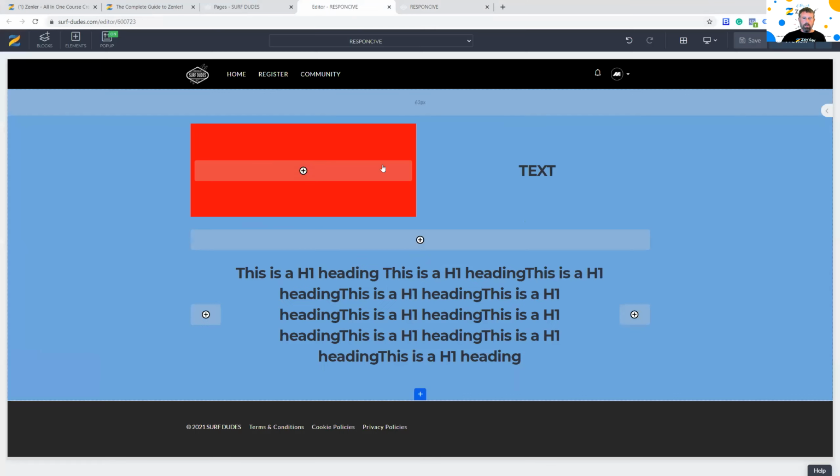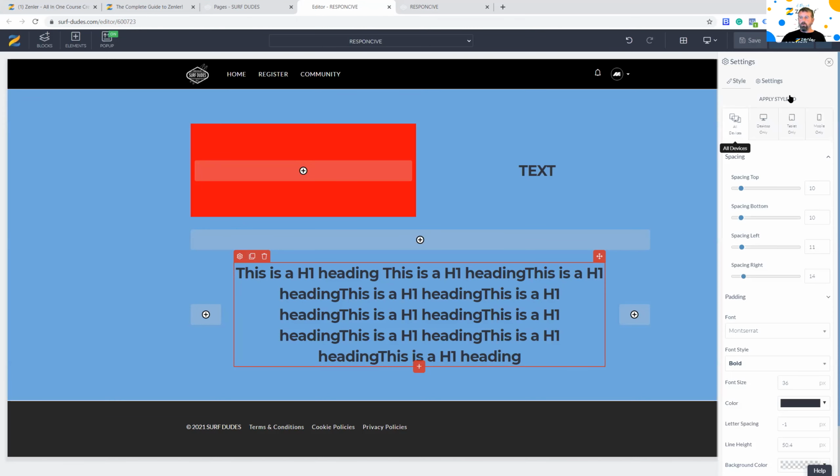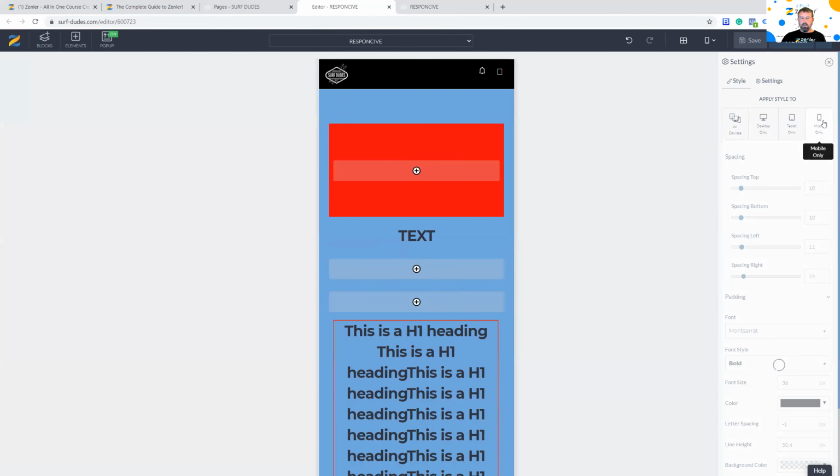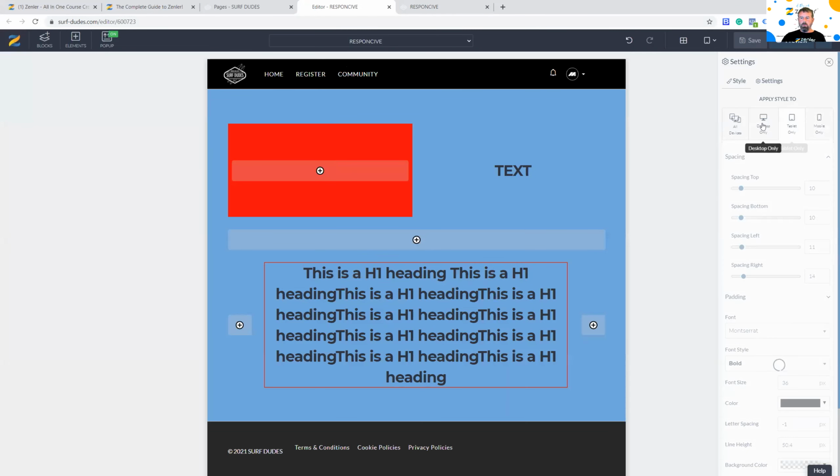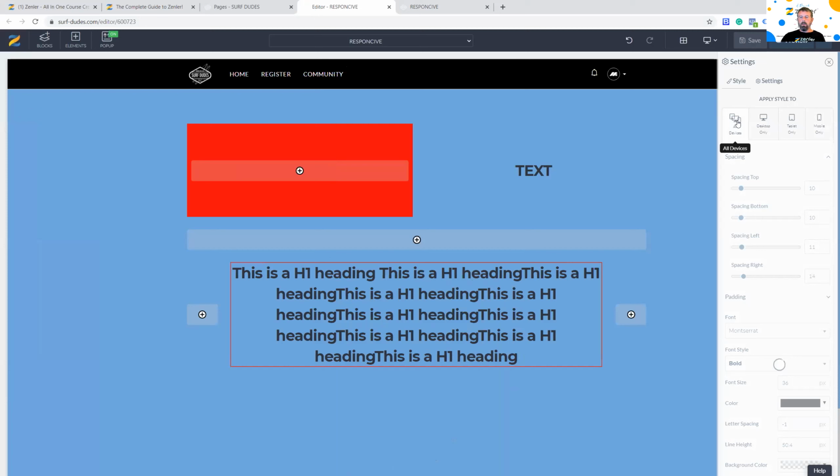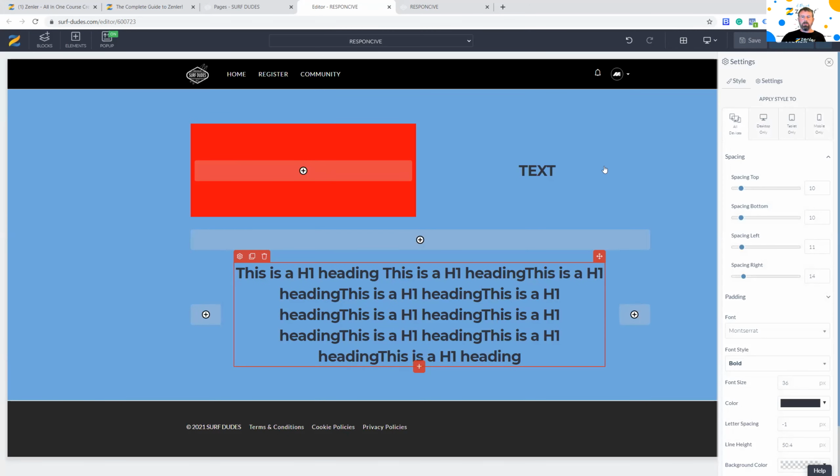Now I'm checking this on preview, but remember guys, you've always got this option, if you click any of here, to view this stuff on mobile, on tablet, and on desktop. And you can make tweaks in here. Now I've done a video, make sure you check out the Complete Guide to Zenler and just Google responsive. I go into a lot more detail. But what I've shown you now is the basics of how it works. And if you can get this in your head, then it makes it really easy to avoid these big issues that people have had with responsive issues with the site.